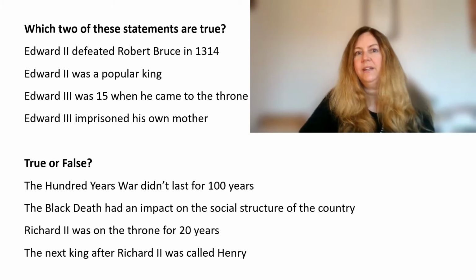Edward I died during an attempted invasion, and his son came to the throne. In 1314, Edward II was defeated by Robert Bruce at the Battle of Bannockburn, and Scotland's independence was sealed. Edward II was not a popular king, and he was murdered in 1327, most likely at the command of his estranged wife and her lover Roger Mortimer, who wanted to rule themselves.